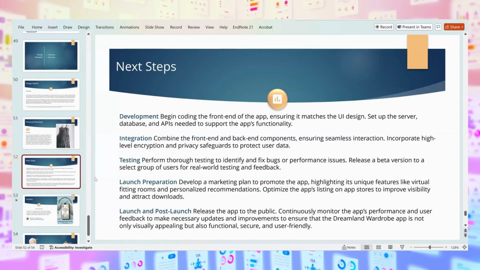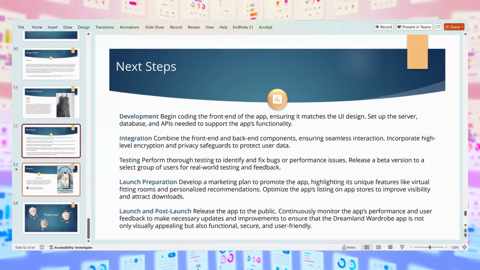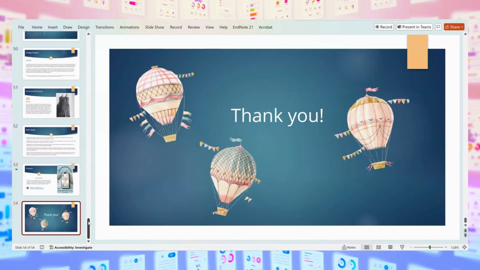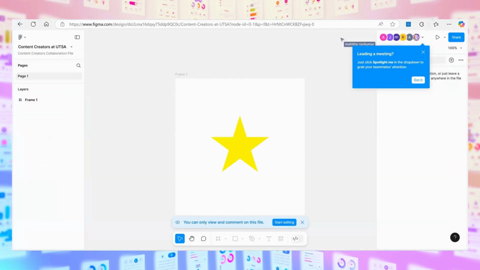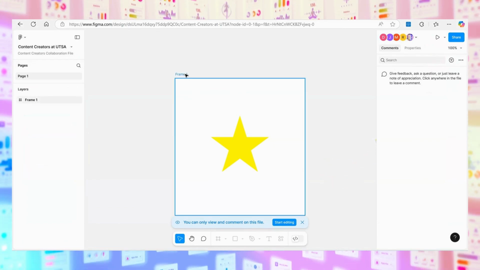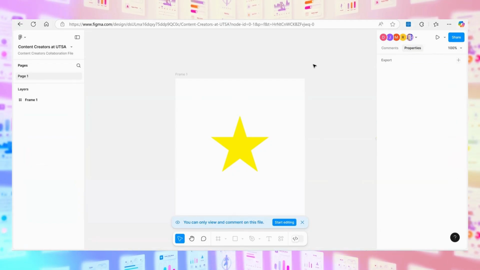Because once it's done and made and into the world, you don't stop. You keep iterating upon it and keep making it better. So all those times when you're frustrated with an app, like you're wanting to fix stuff, that's the process. It never ends. And then you say how somebody can contact you, and you thank everybody for your time. And to get a job, you have to go through this. And what's very interesting is you will also have to probably invent an app like what we're doing right now, live in front of people, and explain what you're doing and explain the process. So you have to know it inside and out to be able to get that job.